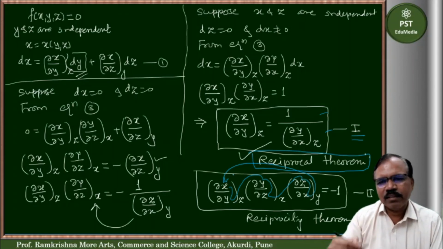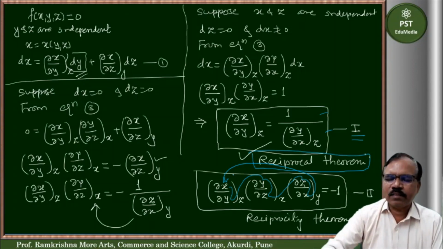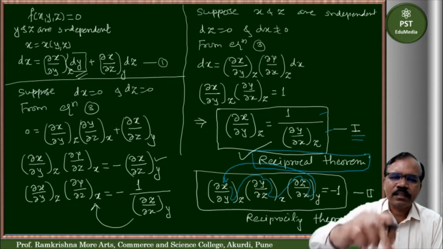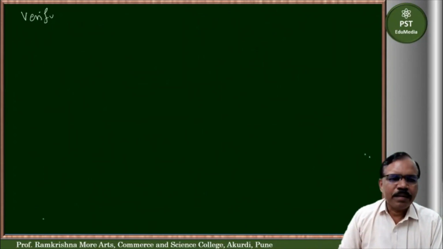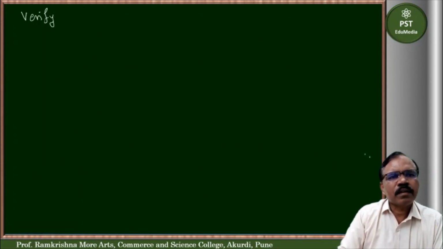So it is a cyclic one, x y, y z, z x and like that, and it is equal to -1. Now verify the two theorems